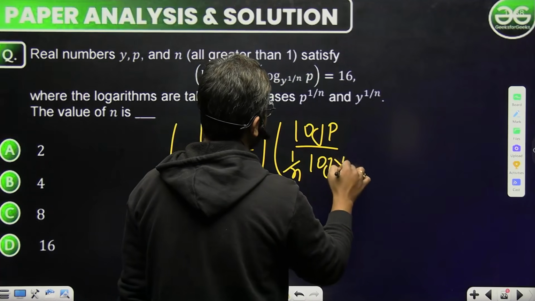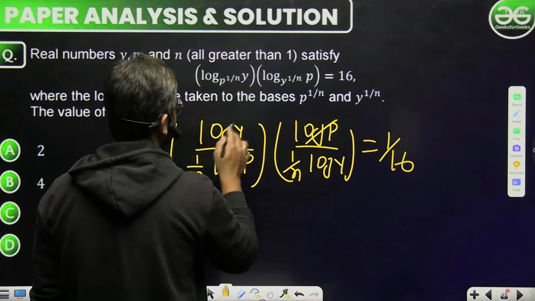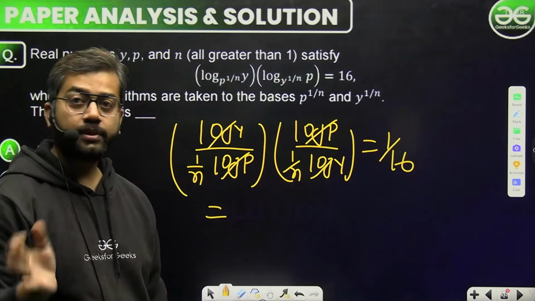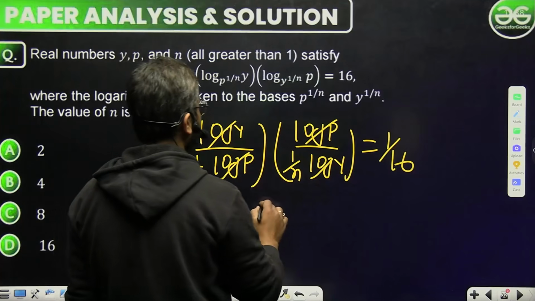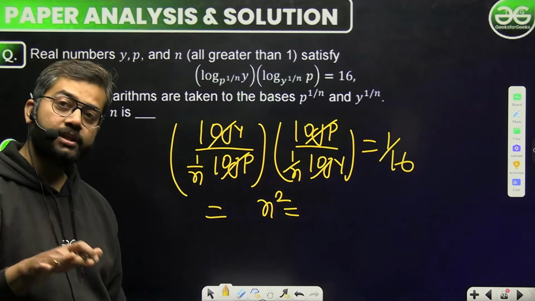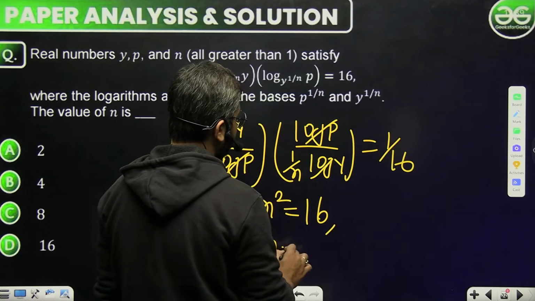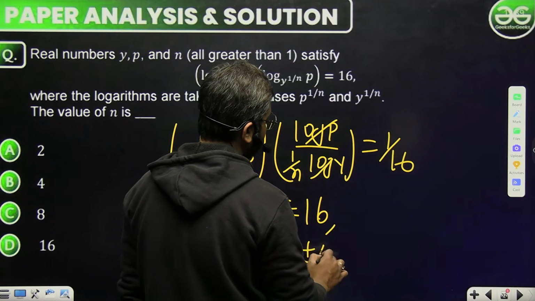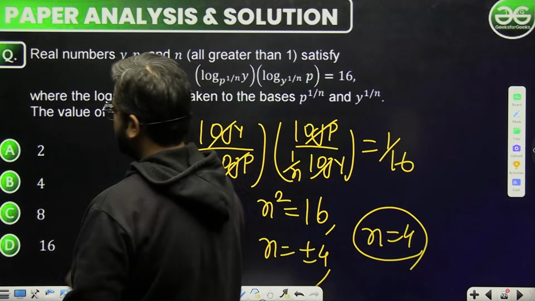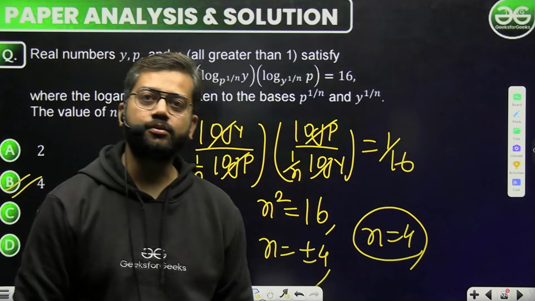सेम गोज विथ यहाँ पर, हम अगर लिखते हैं log p डिवाइडेड बाई 1/n log y, ये वैल्यू किसकी इक्वल हो जाएगी, 1/16 के। देखो log p कैंसिल, log y कैंसिल, 1/n स्क्वायर हो गया, ऊपर जाके n स्क्वायर हो जाएगा। अब 1/16 था, तो ये भी ऊपर जाके 16 हो जाएगा। तो n की वैल्यू ±4 आएगी, बट यहाँ log है इसलिए सिर्फ हम +4 लेंगे, आंसर हमारा b हो जाएगा।